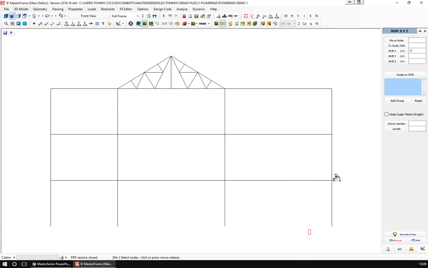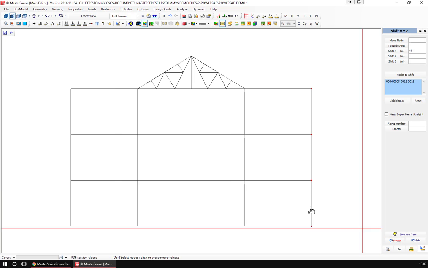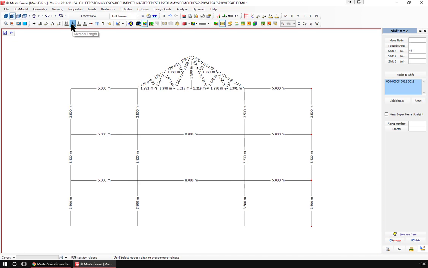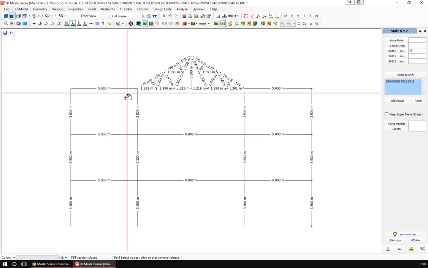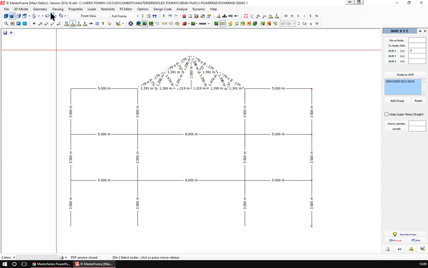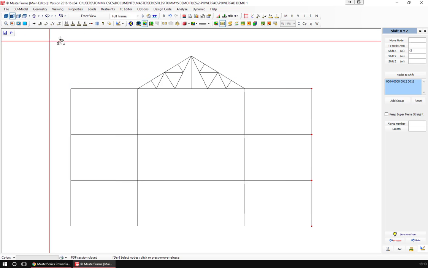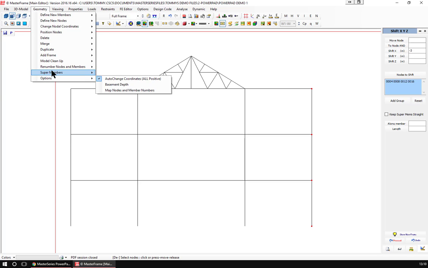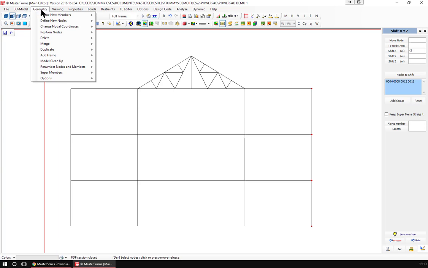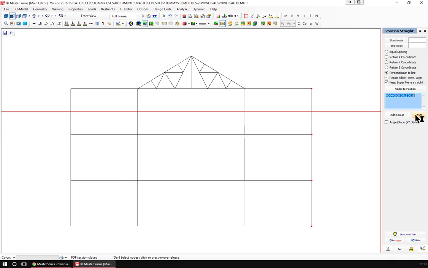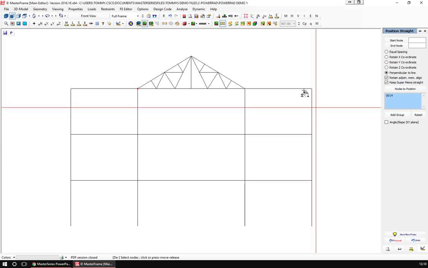Reset, do the same over here and proceed, and you will now find that it's 5, 8 and 5 meters. Now it would be nice if this rafter here came down in an inclination, so that's quite easy to do. So what I'm going to do is go to geometry, and I'm going to go to position on straight line, and I'm going to say reset, take this member,